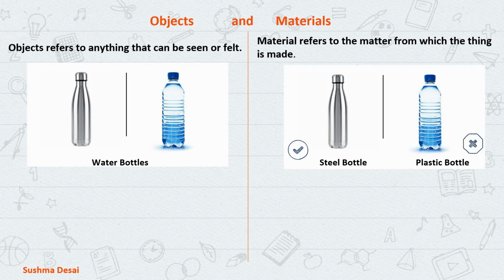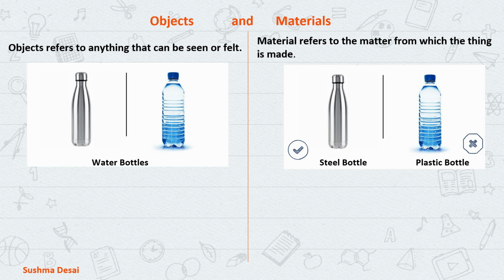So what is a material? Now, in the picture, you have a steel bottle and you have a plastic bottle. Material is anything out of which an object is made. This is an object, but this is a material. Now, from steel, you can make many other things also. Steel sheets are there, steel tiffin boxes will be there, steel pens will be there. In the same way, plastic chairs will be there, plastic compass boxes will be there. So, plastic is a material, whereas a bottle, a compass box, a chair is an object, right?